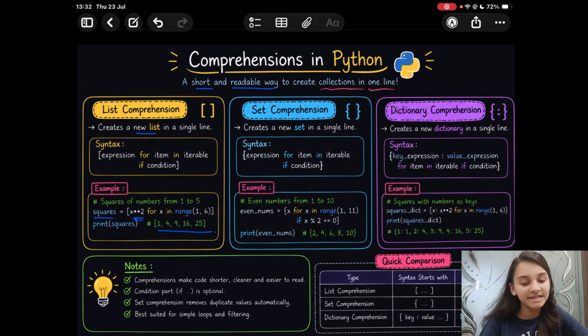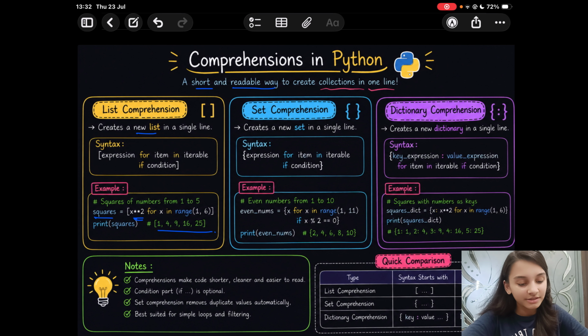Next, we have set comprehensions. A set is written in curly braces. It will help you create a new set in a single line. Syntax is the same, expression for item in iterable if condition. Let us understand with an example. We want to print even numbers from 1 to 10. So let us create a variable and create a set in it.